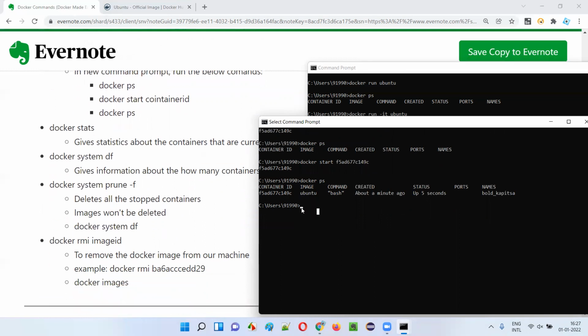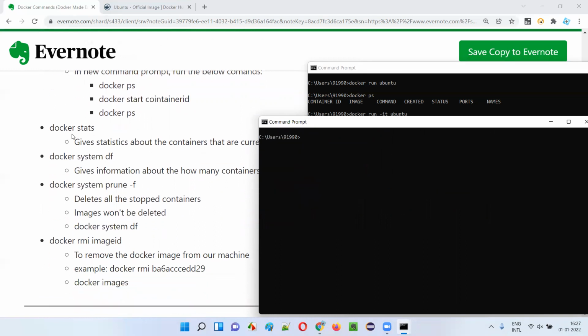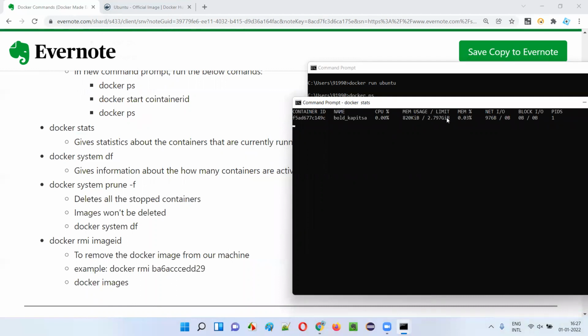Now here I'll say cls to clear the screen. There are a few more commands, guys, four more. We'll complete them. So docker stats will give you the stats of the Docker container, like whether the container is running or not, and how much memory is utilized by this container. You see, this much memory is being utilized. It is lightweight, guys, definitely. If you want to get this kind of information regarding a running container, you can type this command, that is docker stats.